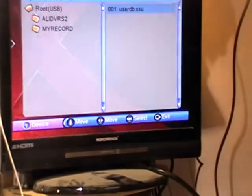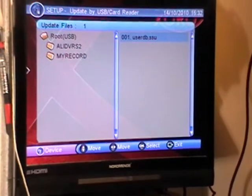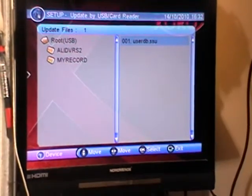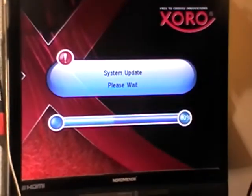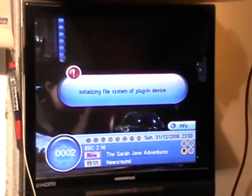So I click OK, and by default it calls the file userdb.ssu. Okay, so that's the one it's chosen, and I simply say OK, and I'd say OK, I'd like to update it. Now see how quick this is. That's it, the entire process. The sorting, the tuning of the channels, all the rest of it. With an RS-232 this would take 5 minutes. Manually to get it in this order it would take us about 15